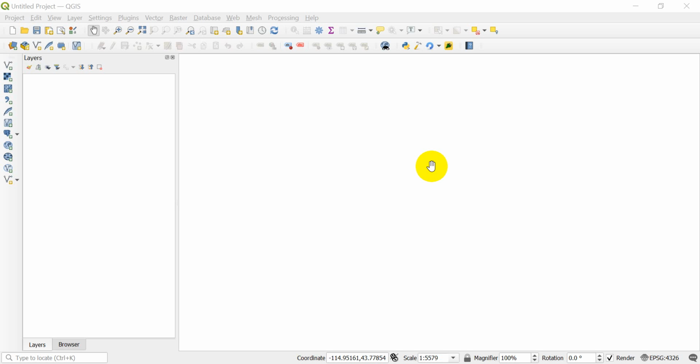Alright, so in the previous video, we downloaded LiDAR point cloud from the USGS. If you don't have point cloud data, go ahead and go watch that video to download it. I'm going to go ahead and load that point cloud in, and I'm going to show you how to do that. So we want to go to